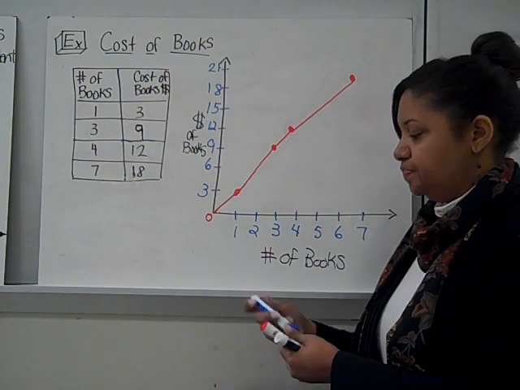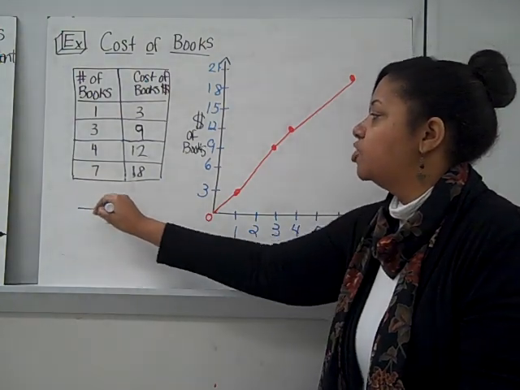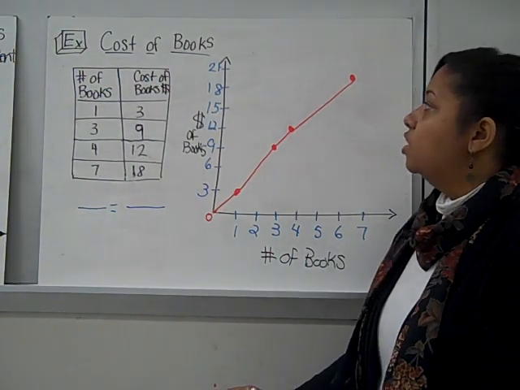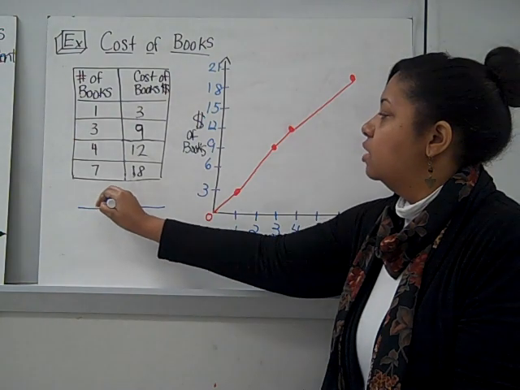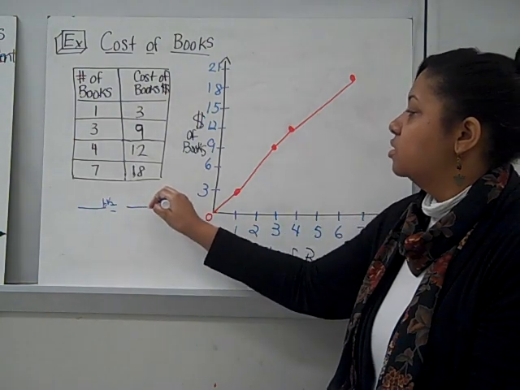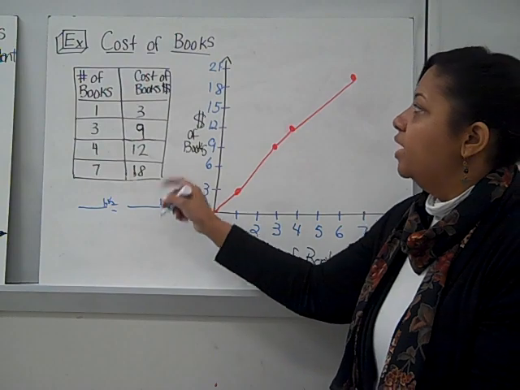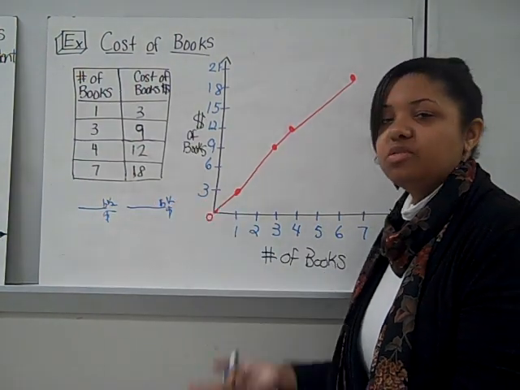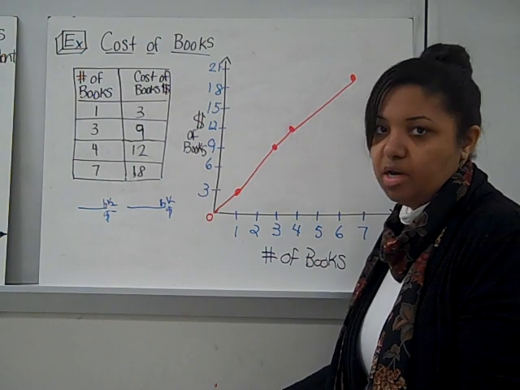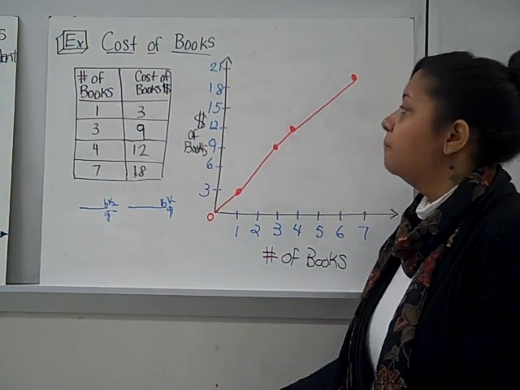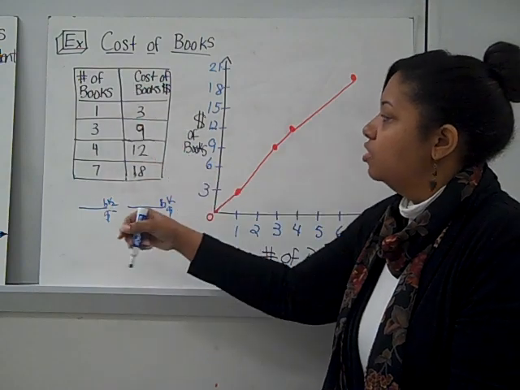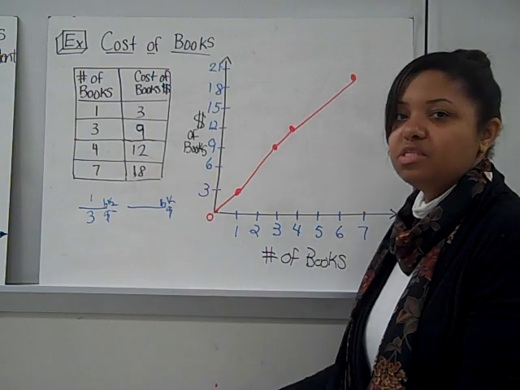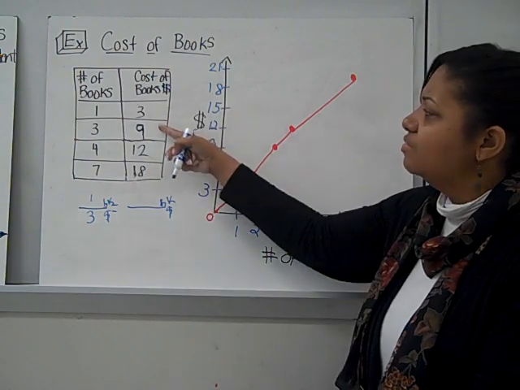So to prove that, we set up a proportion, just like we would do normally. So we could do the number of books. I'm going to put books to books and then dollars to dollars. Remember, as long as you're consistent, you could put the money on top and books on the bottom, as long as you're consistent on both sides. So I'm going to do 1 and 3, the number of books to the cost. And then I'm going to put this 7 and 18 down there,